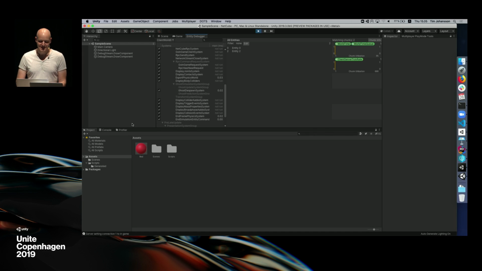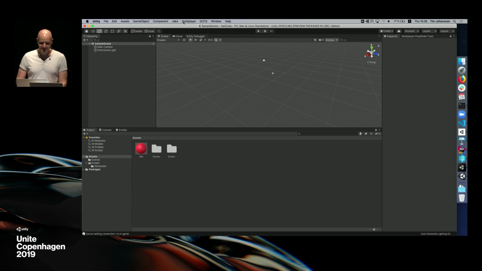Now, this means that when I enter play mode, it is actually a multiplayer game. I'm starting the server, and I'm starting the client in the same process, and I can debug a multiplayer game as if it was a real multiplayer game, except when I hit the breakpoint, it pauses both the server and the client. And in the multiplayer menu here, we have something called play mode tools, where you can configure this. So right now it's set to client and server, which means I get one single client and the server, and I can run all the flows the way I would expect,